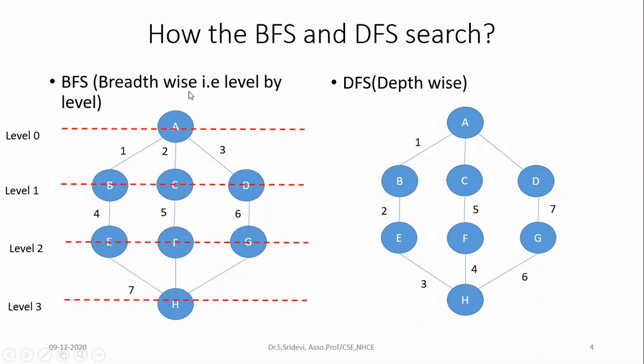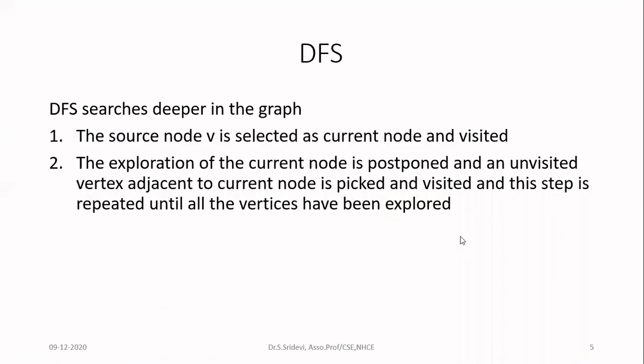In case of BFS, we'll be printing the nodes breadthwise, whereas in case of DFS, we will be printing the nodes depthwise. In today's class, we will focus on the depth first search algorithm. So in case of DFS, we are going to search the graph in a deeper direction. You're not going to do it at the breadth level, you're going in a deeper way. Then to do this search, you will be starting with the source node. With respect to the source node only, you're going to initiate your searching process.